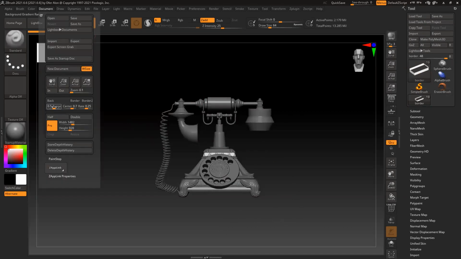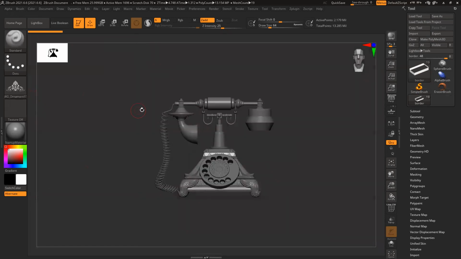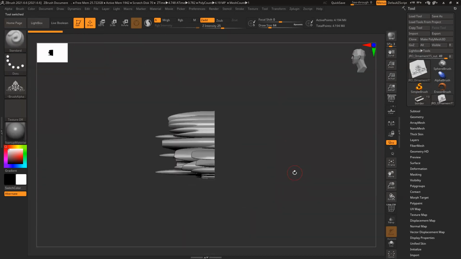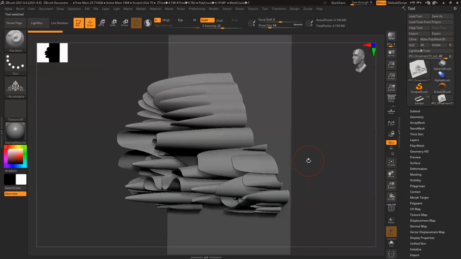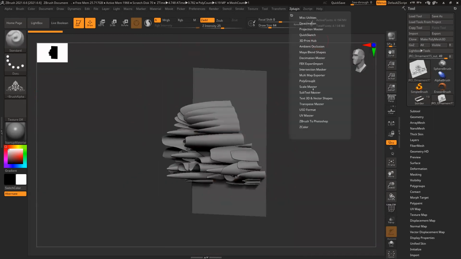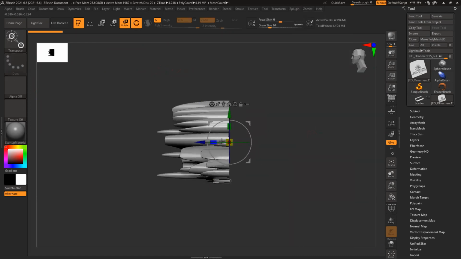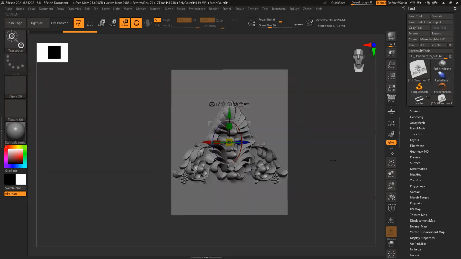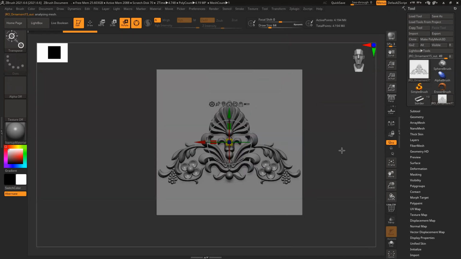Alpha, add alpha. Now click on To Mesh, convert that into a geometry. It's really high poly, you can see clearly. So the easiest way will be to reduce it, decimate the model. So just reduce the thickness first, make it more logical, and this is much better. Plugin, Pre-process Current.